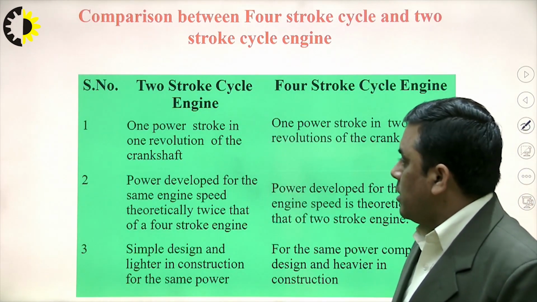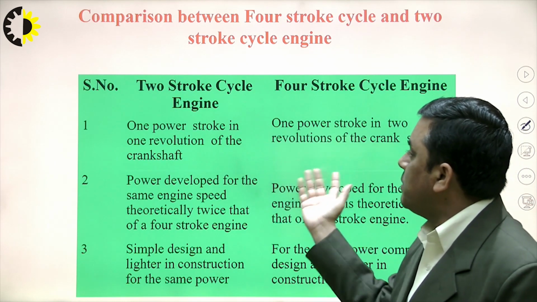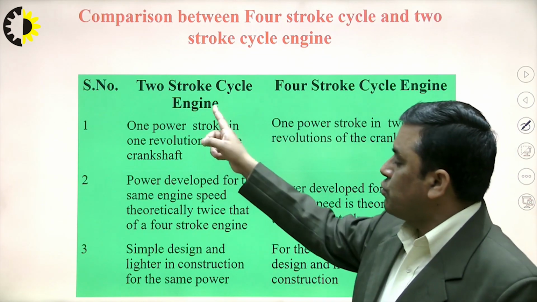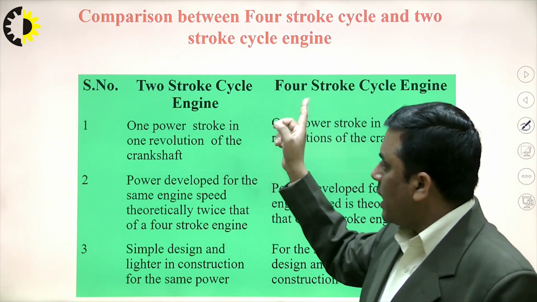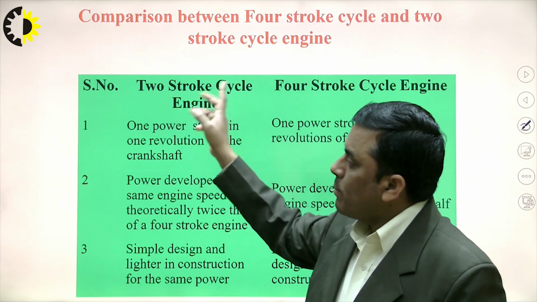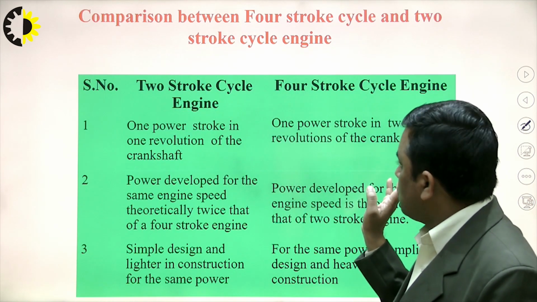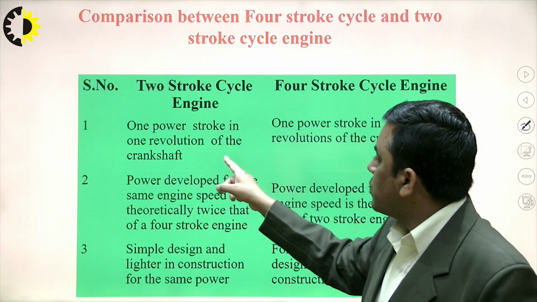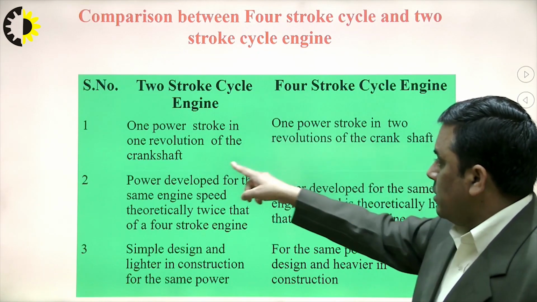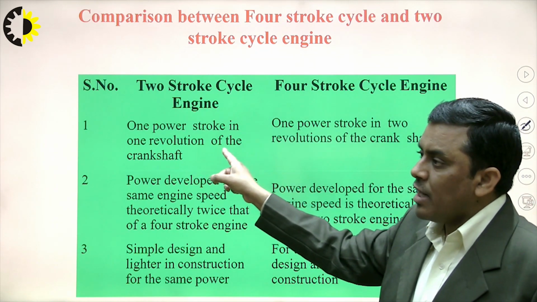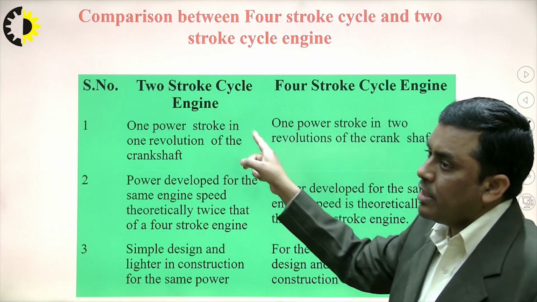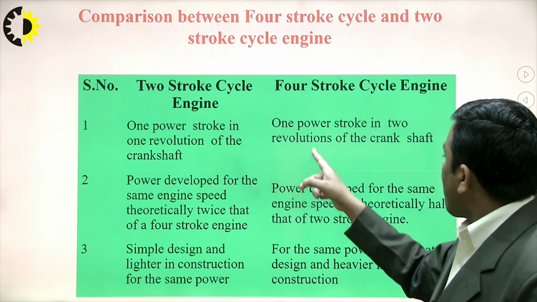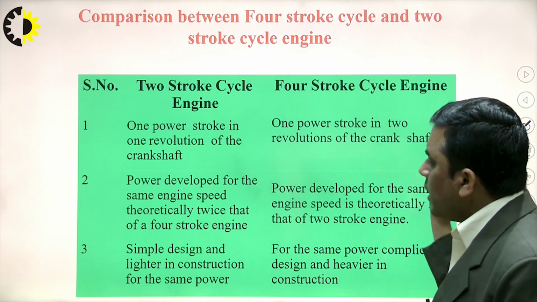Sometimes the question related to direct comparison between a 2-stroke and 4-stroke engine. So, one difference that we can easily get, 2 strokes. So, 1 power stroke we are getting from 2 movements of piston from BDC to TDC and TDC to BDC. So, this is the first difference, 1 power stroke in 1 revolution of the crankshaft. Okay. Why we are saying like this? Because the crankshaft is rotating by 180 degree when piston covers 1 stroke length. So, on that basis it is said like this, 1 power stroke in 2 revolutions of the crankshaft. Okay.